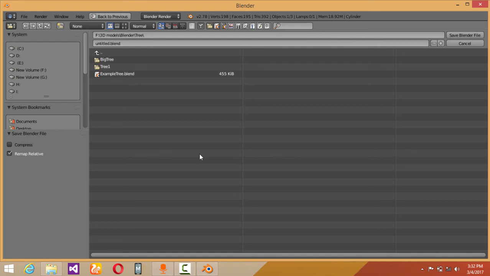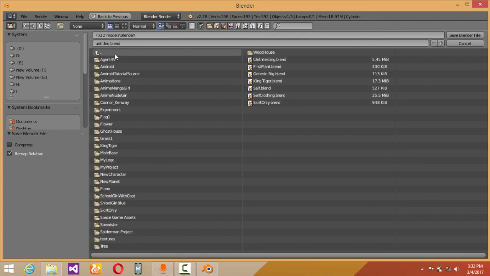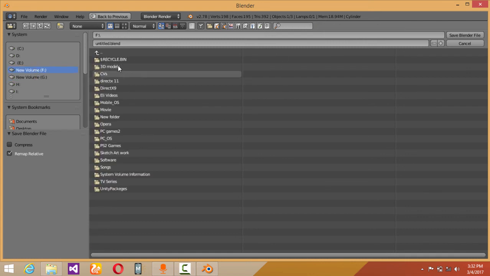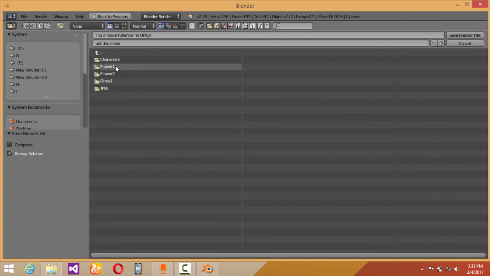Let's save our tree first in our folder created, like this, tree and demo tree. Yes, demo tree. Let's save our file,